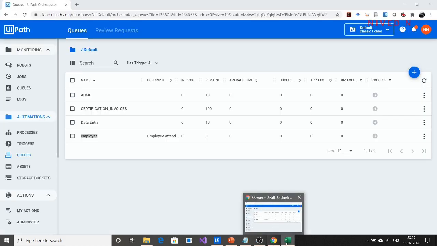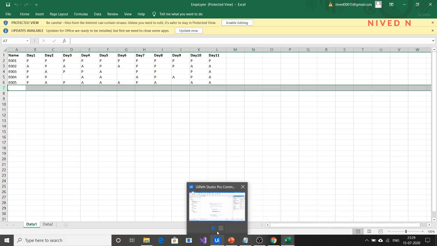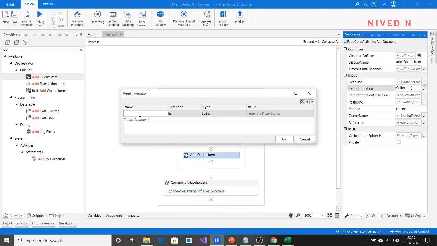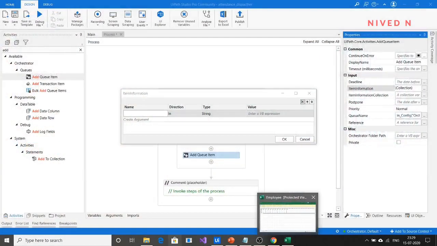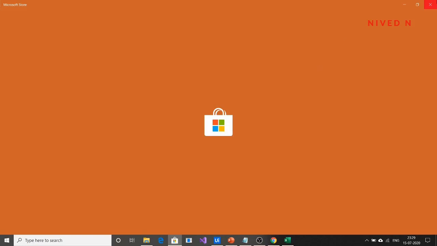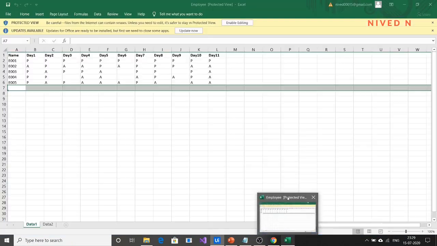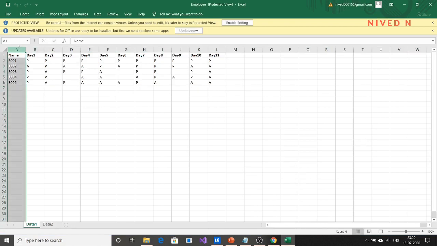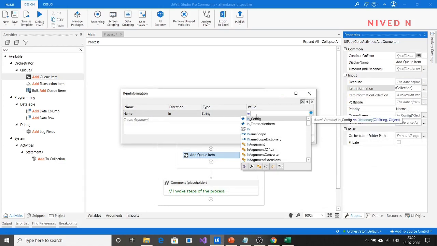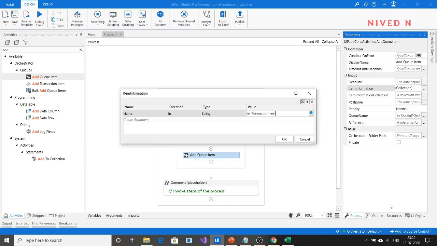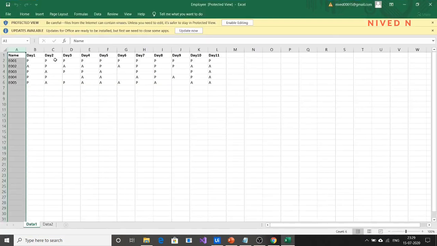First, the data you want to transfer is the employee's name. So just specify it as name, and the value is in transaction item. What is the column index of this name? It is the 0th column. So just specify it here.